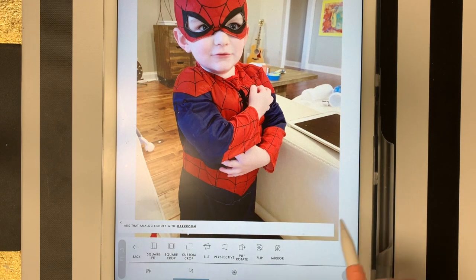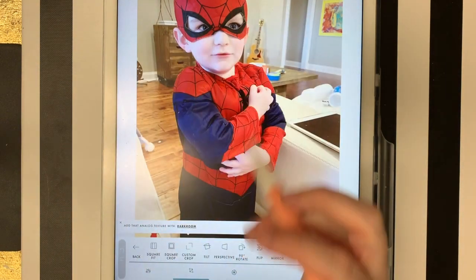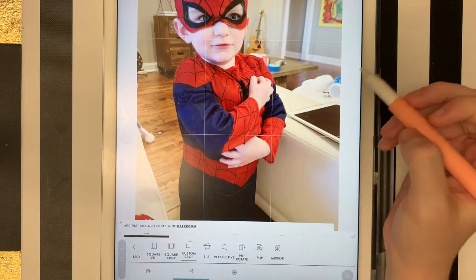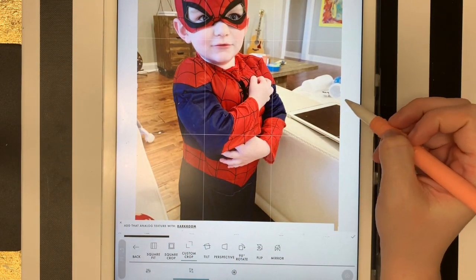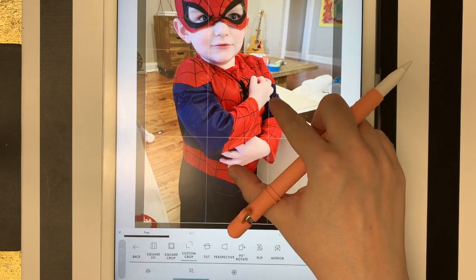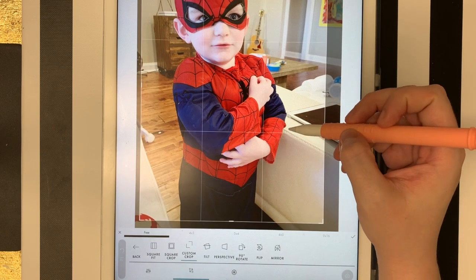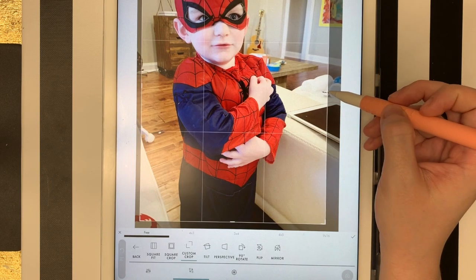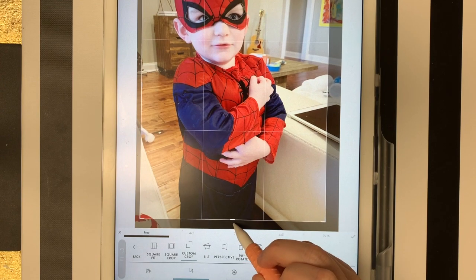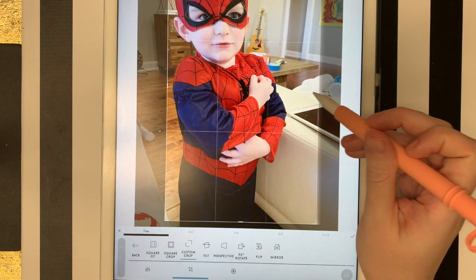I just want the crop to be of Maddox. I don't need all of this other stuff in the background. So I'm going to click on custom crop, and then I'm going to drag these sides right here. Okay, so for some reason that didn't initially respond to the pencil, but then after I used my fingers, it started responding to my Apple Pencil. So now I'm just going to crop where it's pretty much